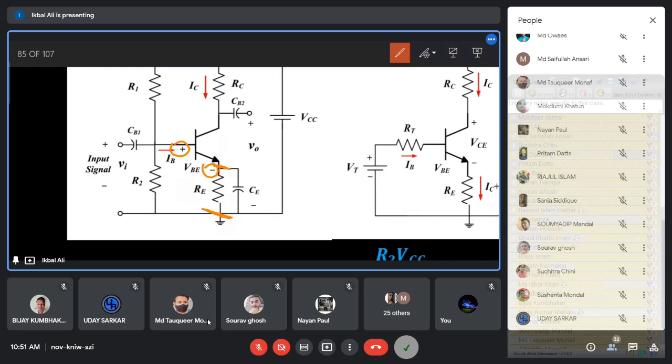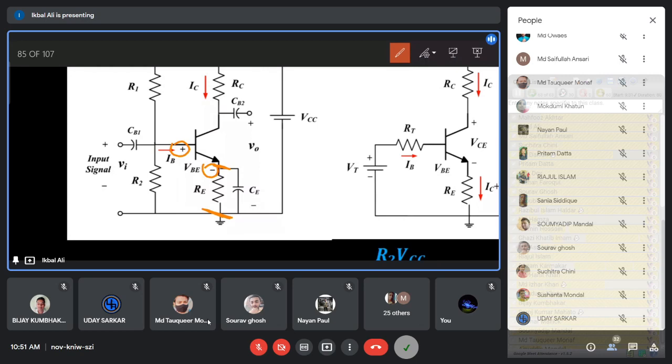So this is the basic mechanism. If you connect this RE resistance, and the collector current tries to increase, then this mechanism reduces the collector current. So the collector current cannot increase. This is an automatic feedback process, a negative feedback through the resistance RE, that brings the increasing collector current back to its original value.